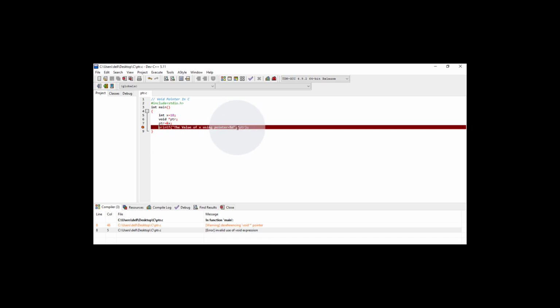In order to do the dereferencing, we have to add some code over here: parenthesis, and since this variable is of type integer, we have to dereference it into the form of integer. So for that I have to write int, then the asterisk symbol. So this is basically the type casting of the pointer.